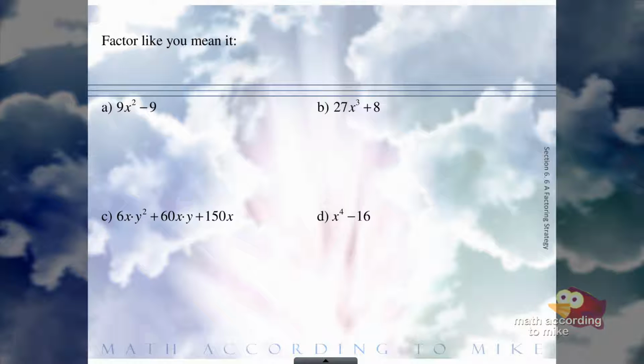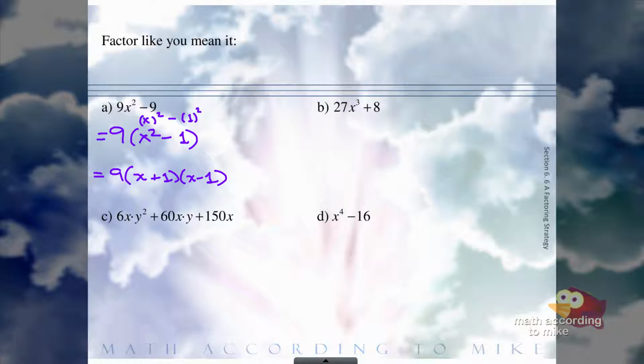Remember, the first rule of factoring is to factor out the greatest common factor, which would be 9. If we took out a 9, we'd be left with x squared minus 1. X squared minus 1 is two terms where each term is a perfect square, which means this is a difference of squares. X is being squared to make x squared. 1 is being squared to make 1. So A would be x, B would be 1, so we would say x plus 1, x minus 1